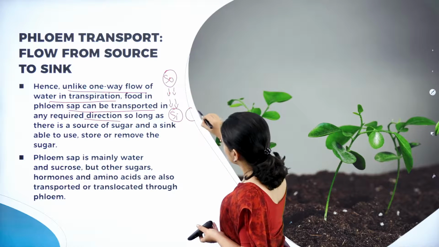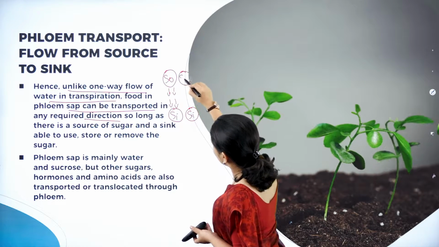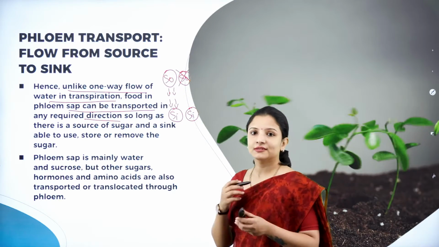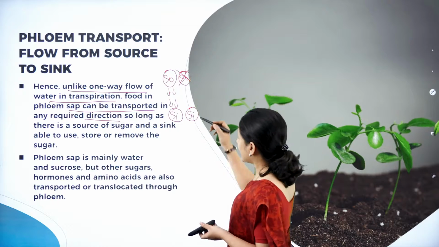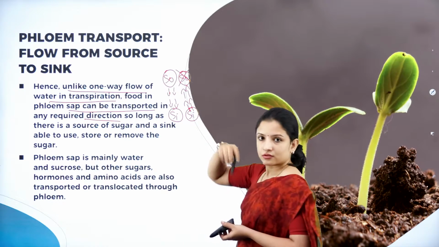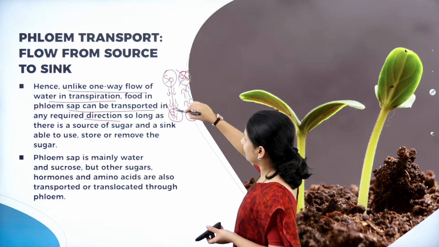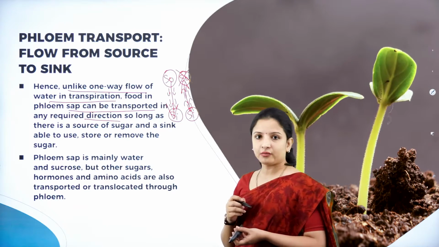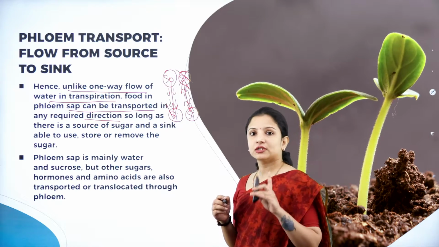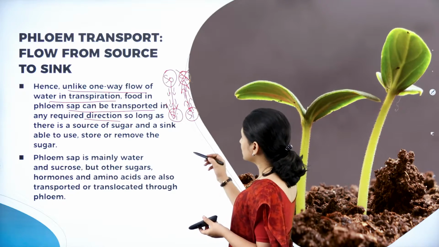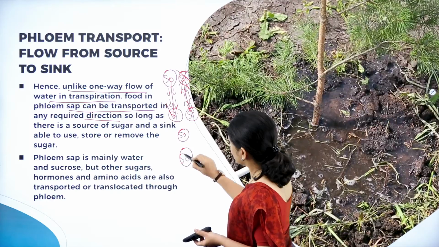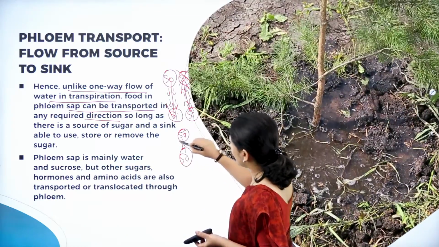Also, sink and source: sometimes if the source is lacking food or sucrose, at that time from the sink also they can travel back to the source. That is bidirectional, right? In one direction and in the other direction it can move. That will help only by the phloem. Therefore, transport of food is taken care of by the phloem. But xylem can only help from source to sink in one direction, that is